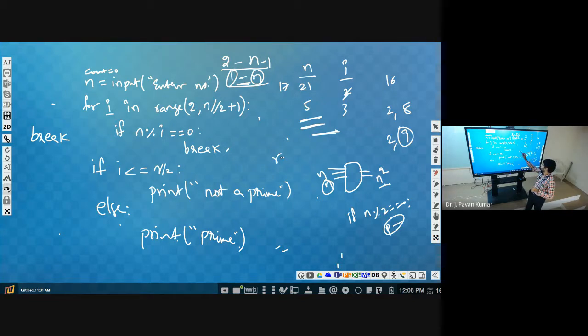Right? Range of 1, 6 or range of 5. By default it will start from 0. If you specify 1, then it will count from 1, 2, 3, 4, 5, and before this it will stop. If it starts from 0, then 0, 1, 2, 3, 4. So now we have to repeat for 5 times. But in the middle, if you get any odd number as the input, then you have to stop. Got it? Can you write it?